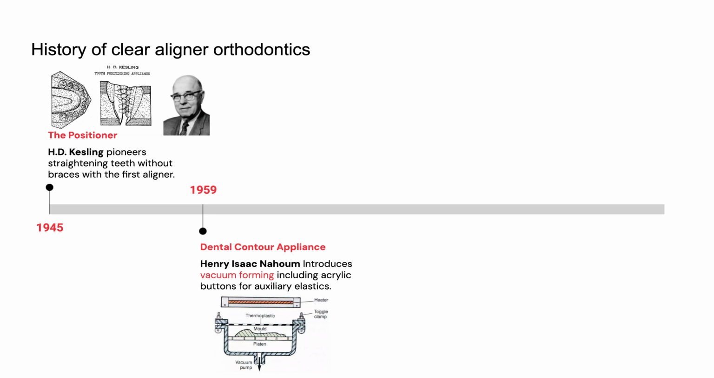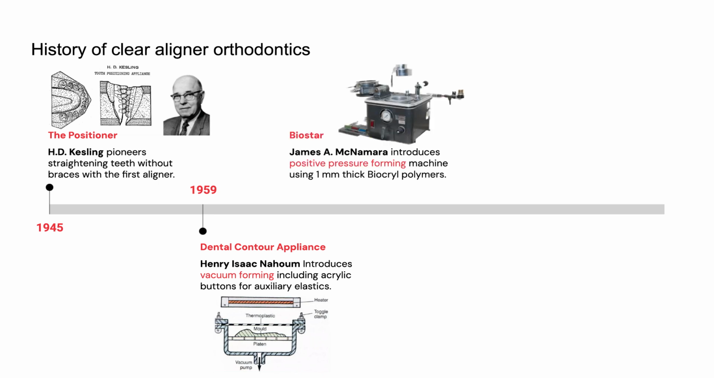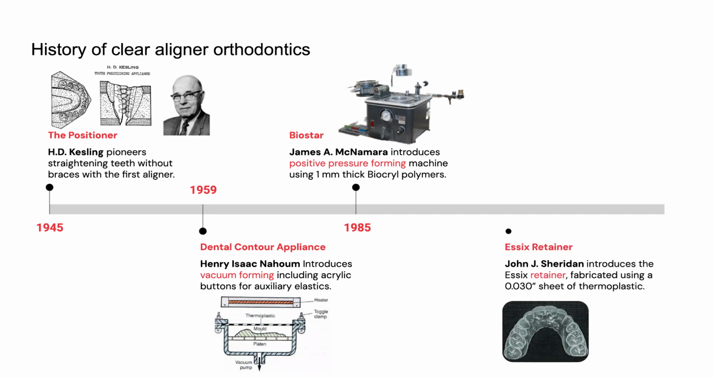And he did it with elastics, etc. Jim McNamara in 1985 was kind of the lead guy. He's University of Michigan and one of the lead guys to look at using biocurl polymers to help come up with the proper plastics to be able to move teeth using the BioStar machine way back then, which was a big advancement. And then in '93, Jack Sheridan came out with the idea of being able to use it